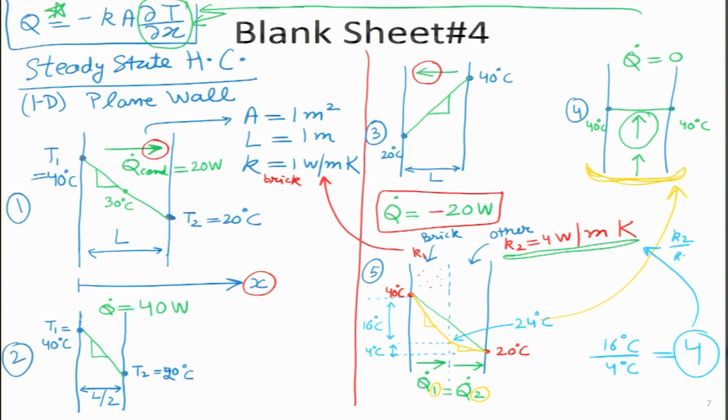So, K2 by K1 is also coming out to be, my pen is not working very well over here, but I will write it slowly. So, both are coming out to be 4. I hope you can see that. It is a very interesting phenomenon that we have seen over here. So, with the help of these 5 cases, I hope some understanding will improve. Let me continue in this direction.